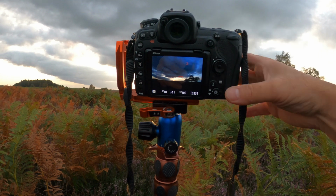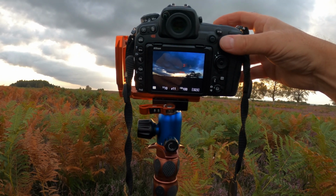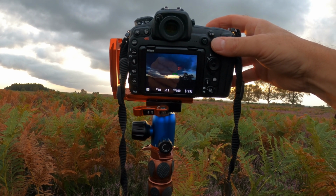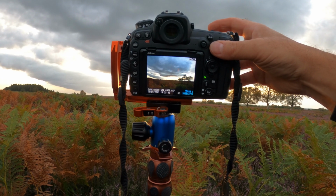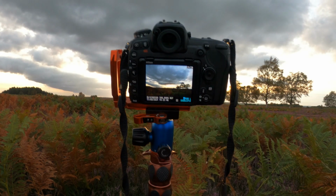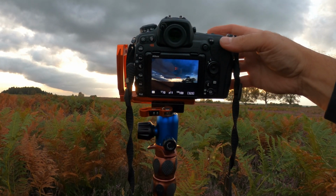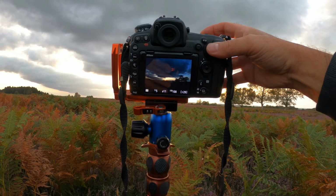So what I will be doing on this particular image is I'll be shooting at f11, ISO 100, and it'll be 1/10 of a second to start with. I'm going to put it on autofocus. So we've got the trees to the right hand side, the sun directly in the middle, and we've got the clouds going overhead. Then I'm going to drop it down to 1/5 of a second,